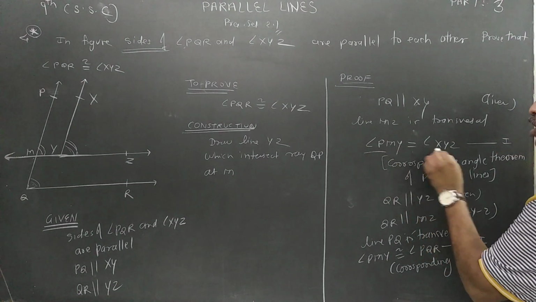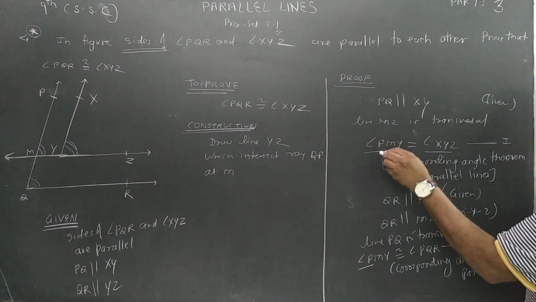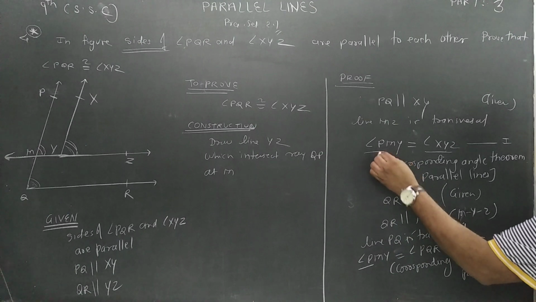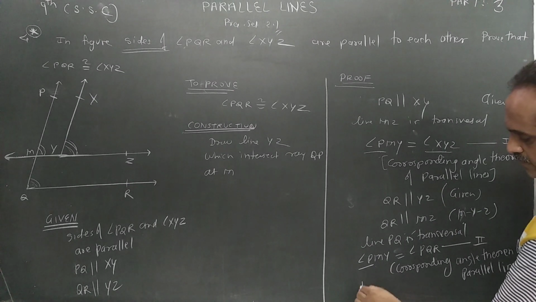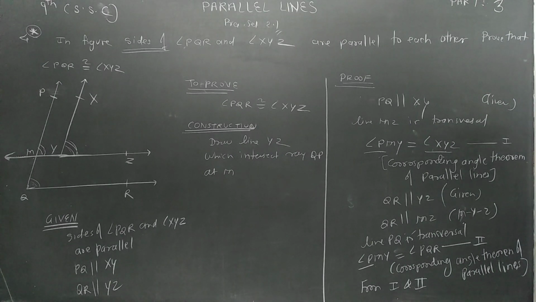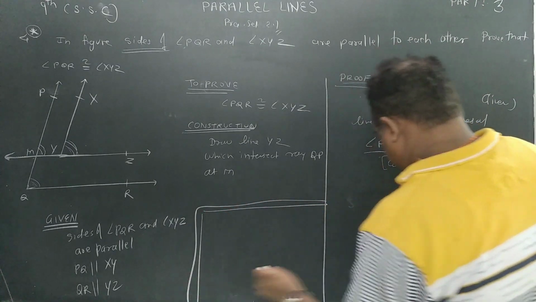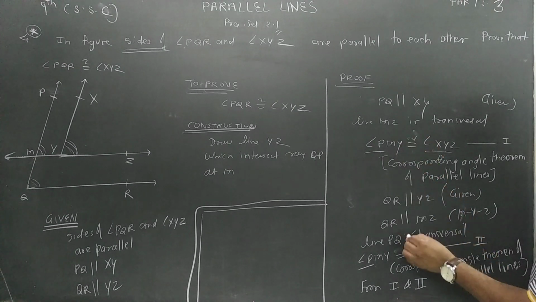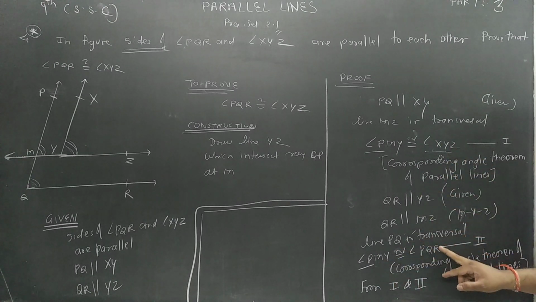Now look, PMY is congruent to XYZ, PMY is congruent to PQR. Wherever there is PMY, it equals XYZ, and PMY also equals PQR. So if the left hand side is equal, the right hand side will be equal. So from 1 and 2, what I can write, I am going to write over here. Please manage it now. After this we are going to continue over there. Or you can write like this way, they are congruent. We put their congruent side only. PMY is congruent to XYZ, PMY is congruent to PQR.